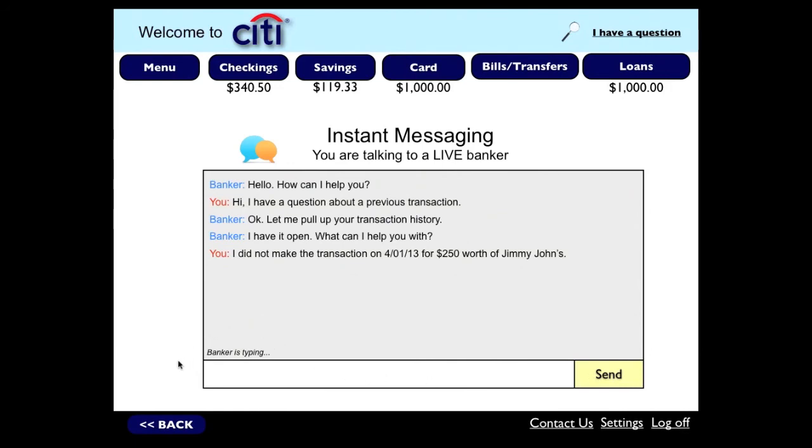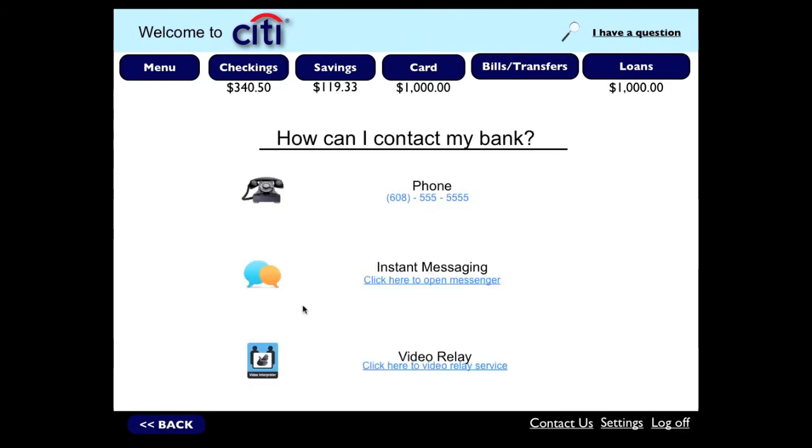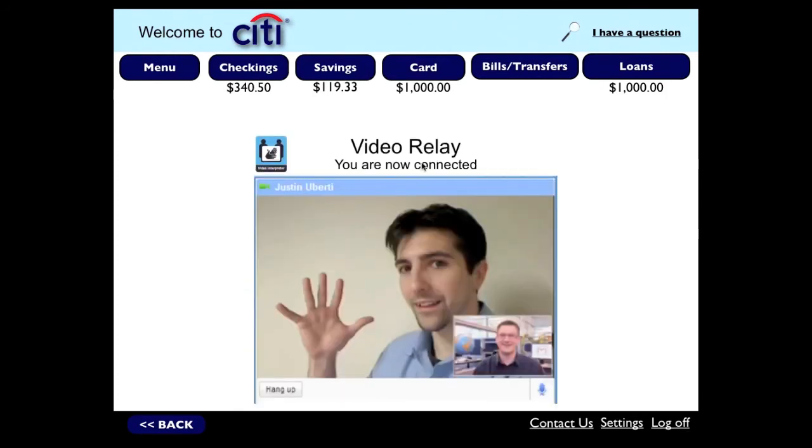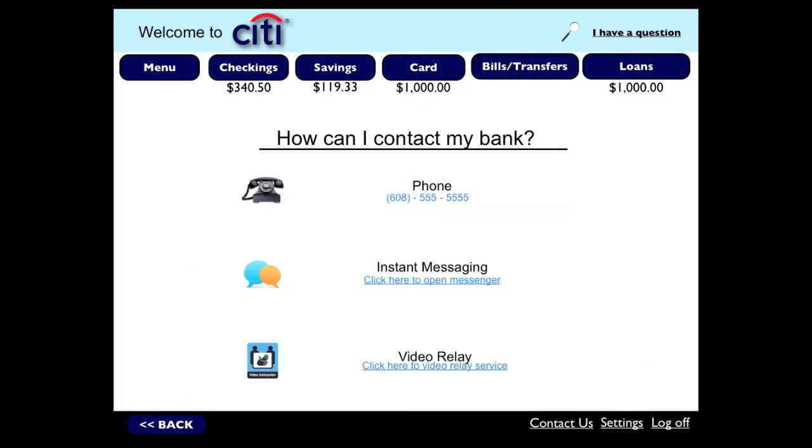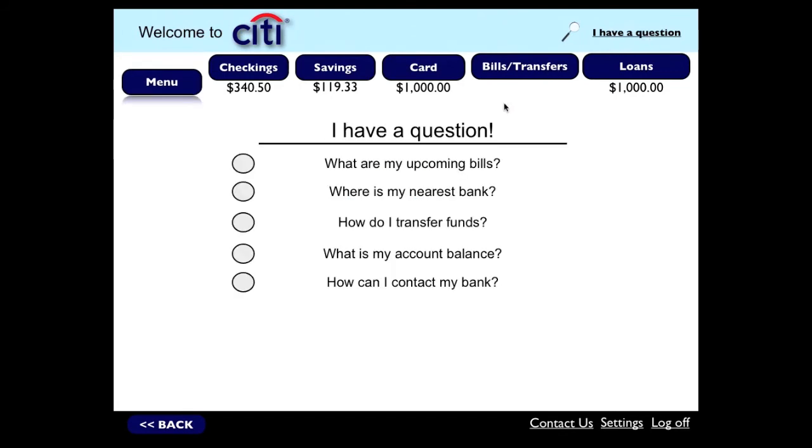We can also go back to I want to contact my bank. We have the option to do video relay. Here it tells us when we're connected and when we're not connected. It shows us who we're talking to, and it shows us a picture of ourselves as well to know that we are being heard correctly and being seen correctly. If we go back to this contact page, and we can click I have a question,